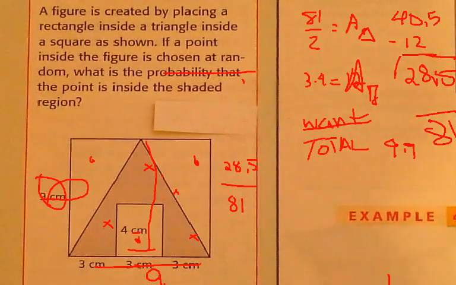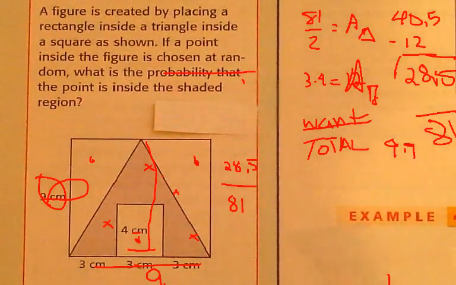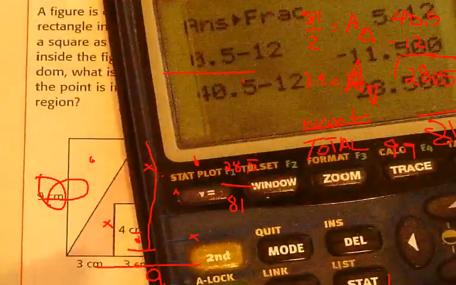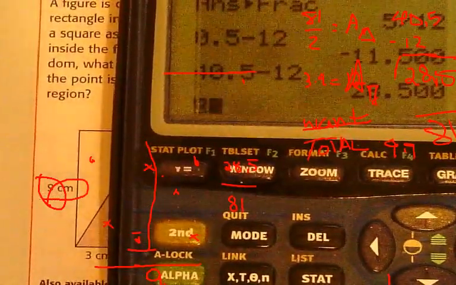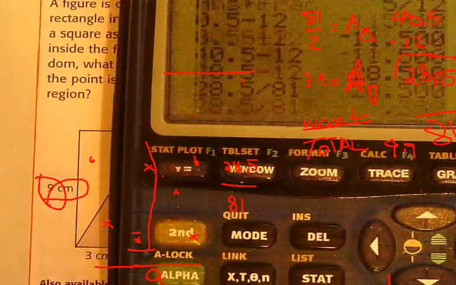What's the probability that it lands inside the shaded area? So the area that you want goes on top of the fraction. The total place it could land is on the bottom of the fraction. And if we go ahead and do that, 28.5 divided by 81 turns out to be